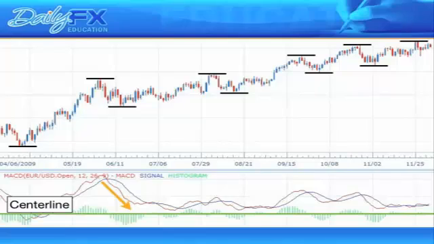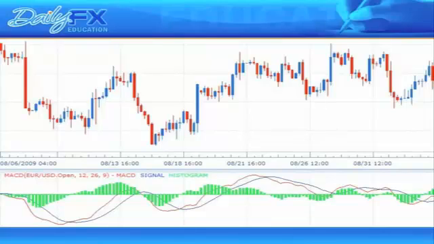Since the trend is up, we now want to look for buying opportunities in the direction of the trend. To fine-tune our entry, we'll scale down to a smaller time frame, and in this case we'll look at a 4-hour chart. When looking at the 4-hour chart, we want to note when the red MACD line crosses up above the blue signal line. When this happens, we can enter a buy position,